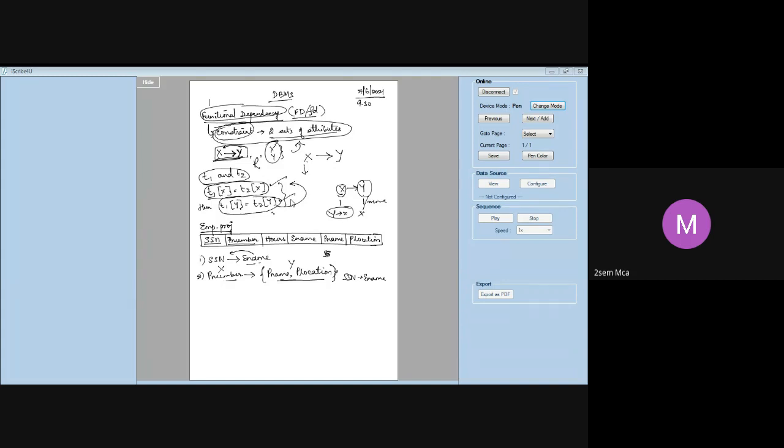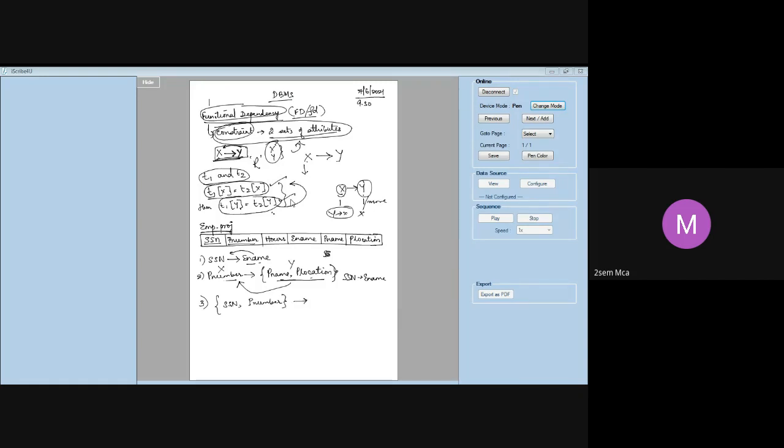This is what you call X functionally determines Y. That means if you give P number, I can find out P name and P location. In other words, P name and P location are functionally dependent on P number. Why dependent? Because only if I give P number can I identify the name and location of that particular project. Now, let me take one more example. I will take SSN and then P number.